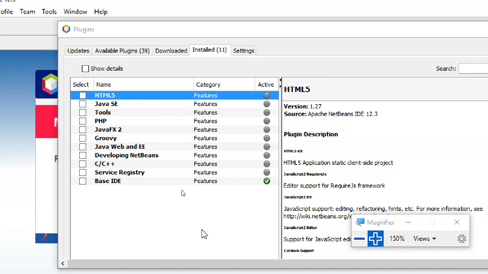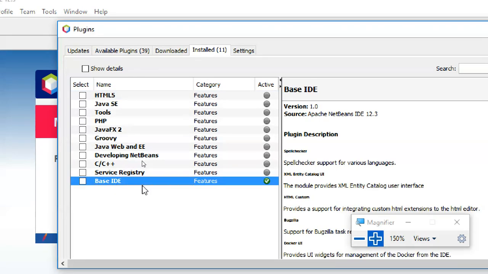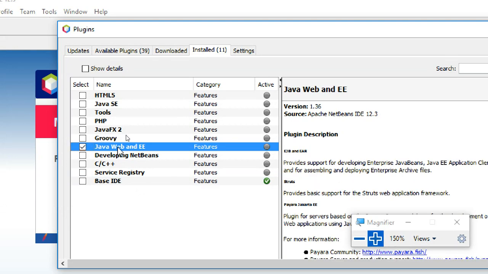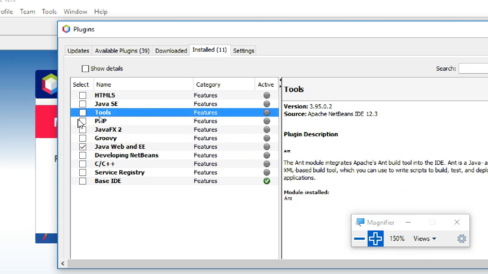This is installed plugin, already installed, and only this base IDE is there and the remaining are inactive. This only is active. For example, if you want Java Web EE, then you have to select it. You want PHP, you want tools.